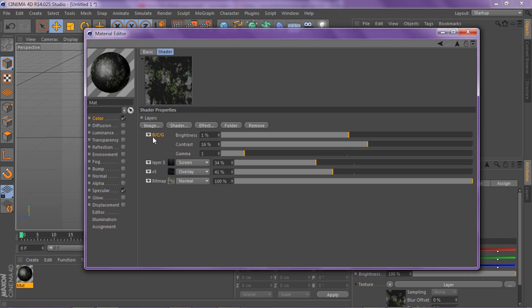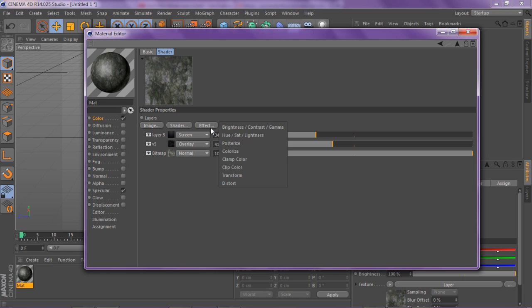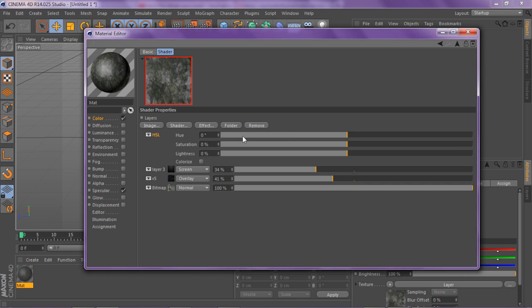I'm gonna delete this for now. I'm gonna go to the Effect tab again, and I'm gonna go to the Hue and Saturation. Like I told you guys, I can actually change the color of, let's say I have this green here. If I mess around with this hue and move it to the left a little bit, the color will change. Like so, you can actually see right here what you're doing, and the color changed from like